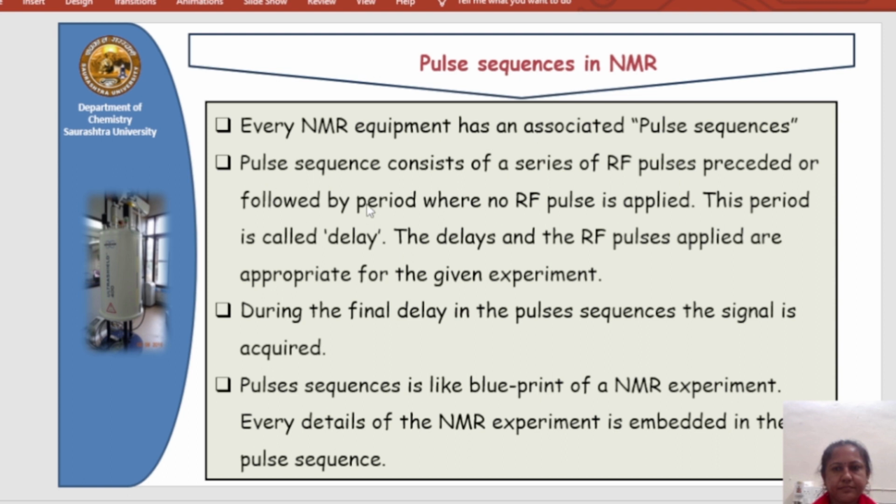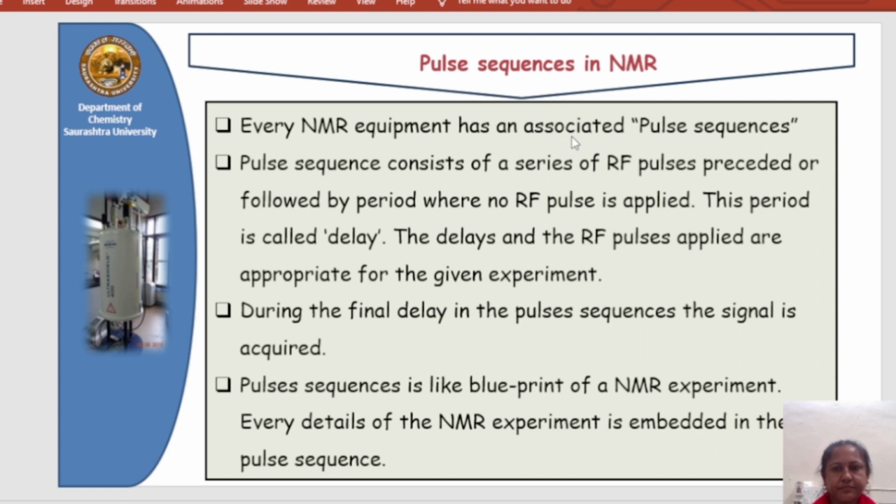So when we interpret the spectrum, we cannot find the exact result. If we know why this occurs and what mistake was made by the operator, we can discuss it with the operator. That's why it is necessary to know this. Pulse sequences are nothing but a bunch of radio frequency, because in NMR study we use radio frequency.